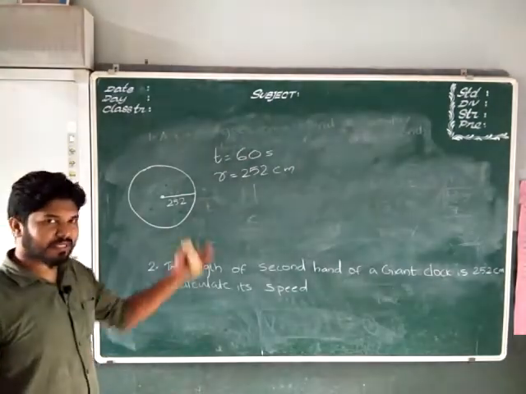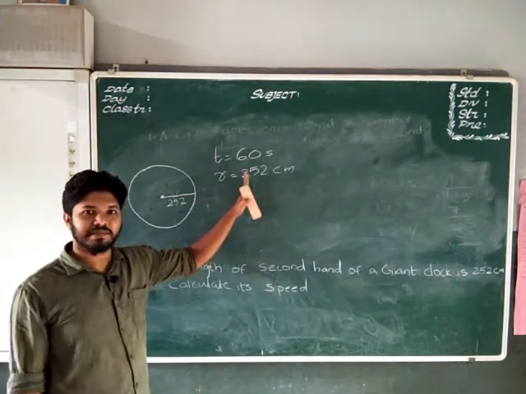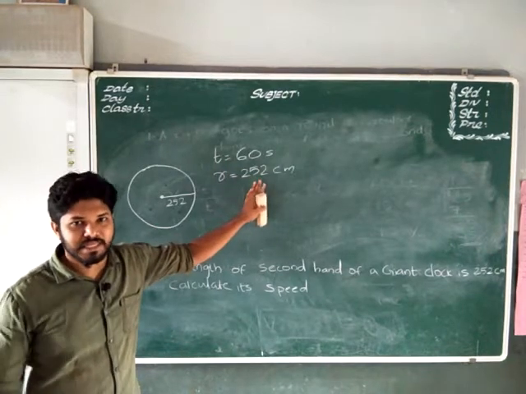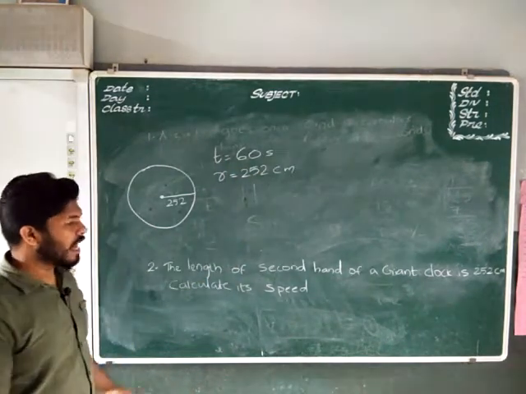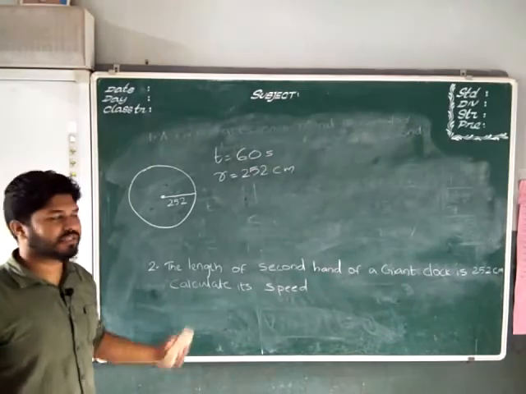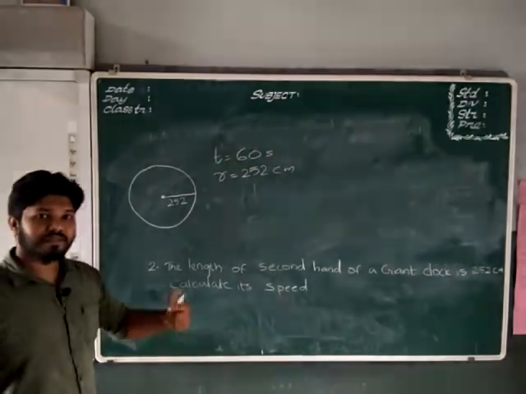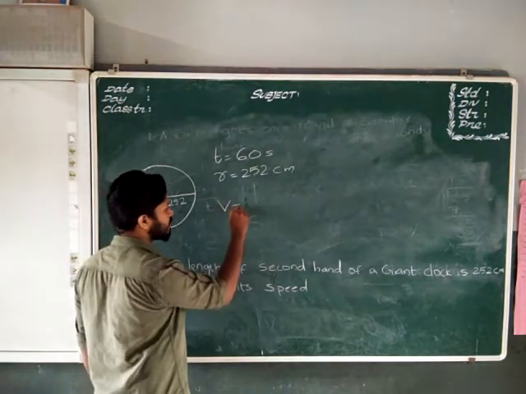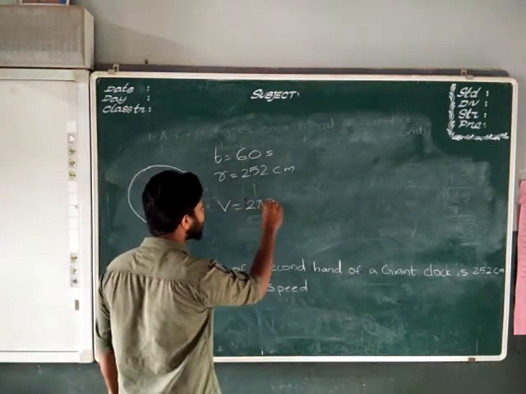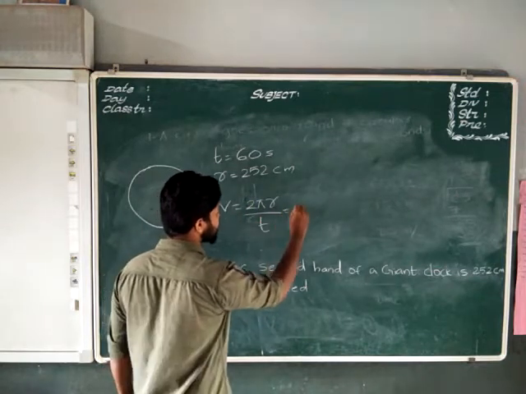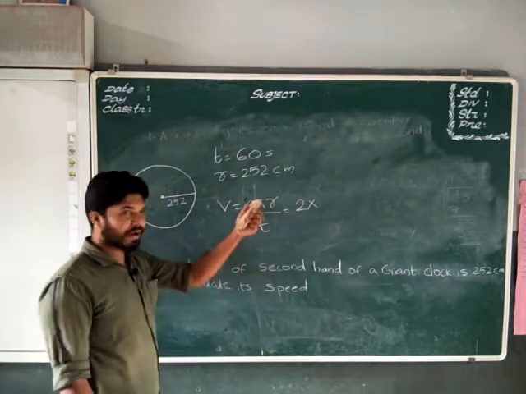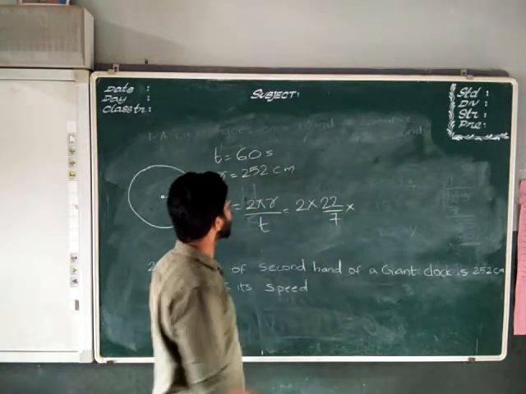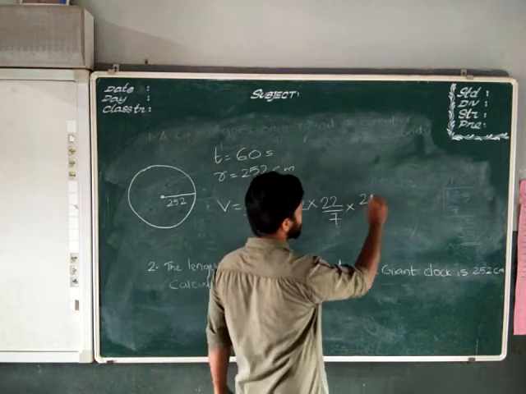From here itself, if you need, you can convert the centimeter into meter, or you can write it in centimeter per second also, no problem. As it is uniform circular motion, at last also we can convert this centimeter into meter. So let's move forward. V is equal to 2 pi r divided by t. It's equal to 2 into pi, 22 by 7, into radius 252